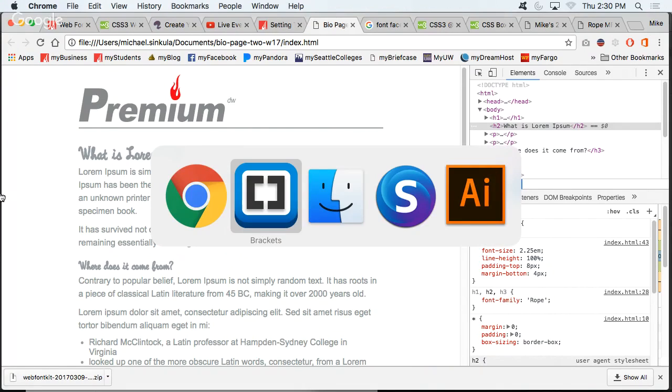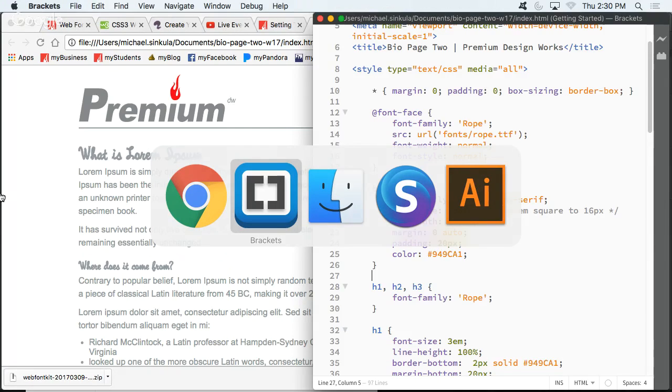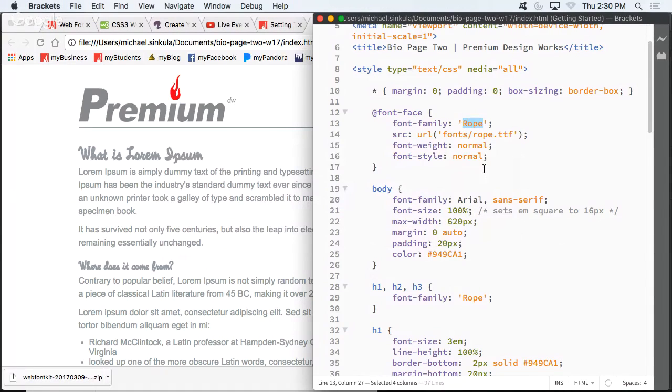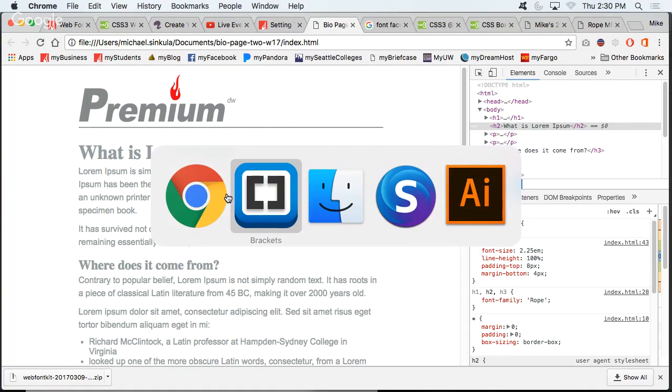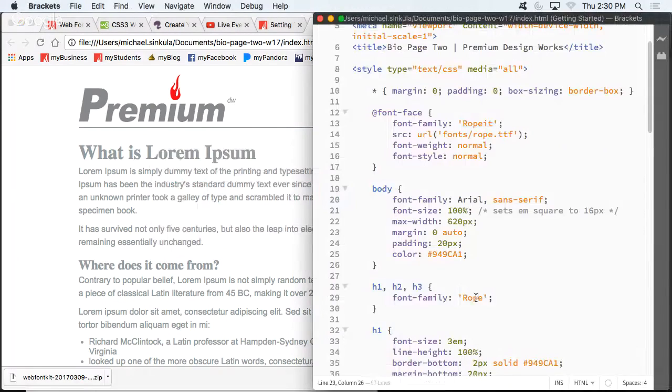So that's not the correct font I want to use. So you see how you say Rope here? In other words, if I said Rope it, now it's broken, because this needs to match that, which then pulls this, right? As well,